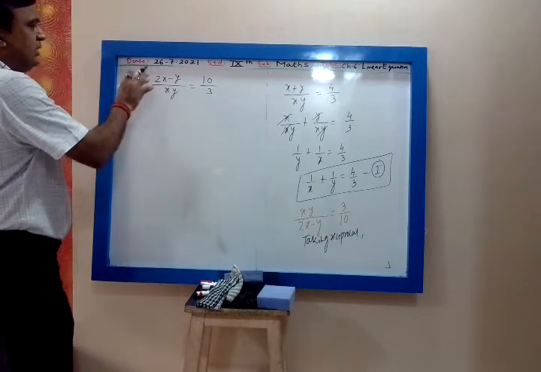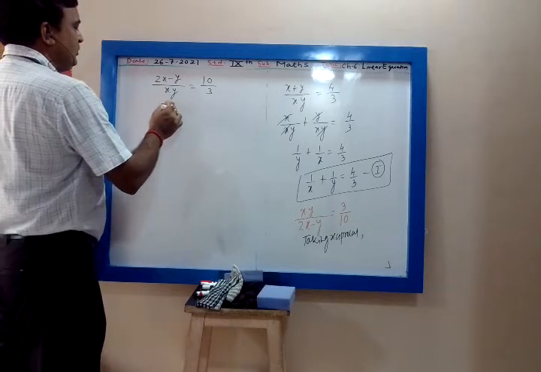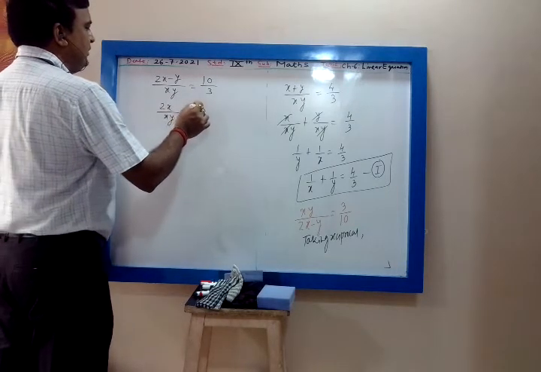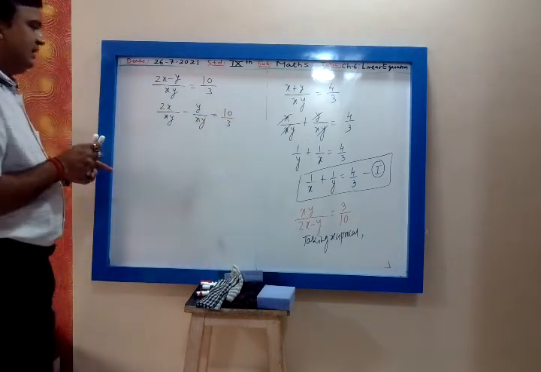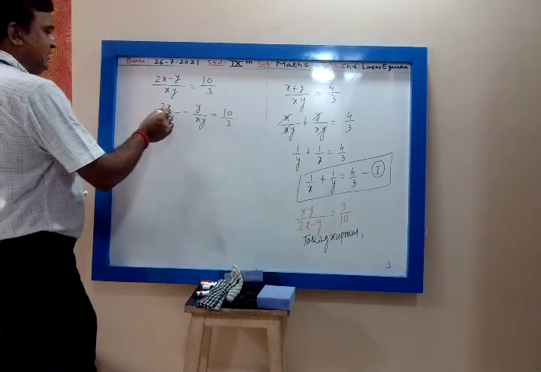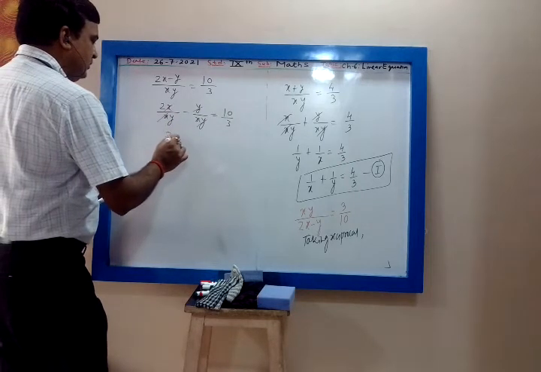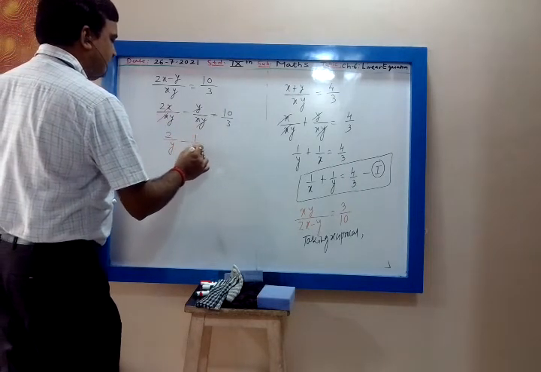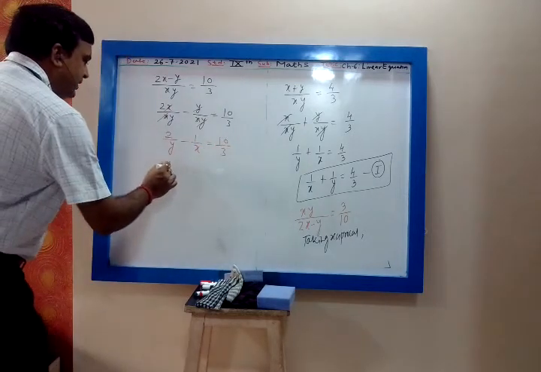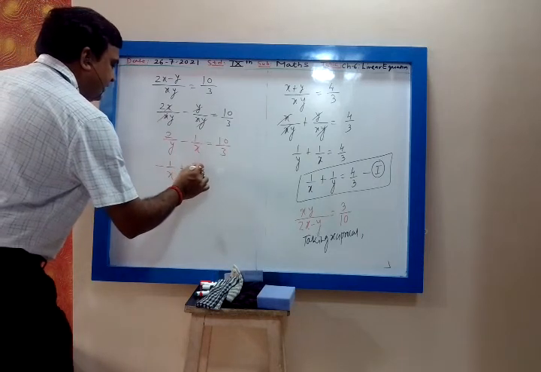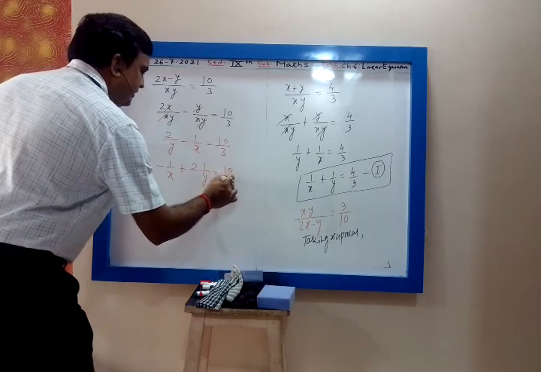So again there are two terms in the numerator, a minus b by c. I can write a by c minus b by c. So 2x upon xy minus y upon xy is equal to 10 by 3. Then x gets cancelled, y gets cancelled. So you will get 2 upon y minus 1 upon x is equal to 10 by 3. Which you can write as minus 1 by x plus 2 by y, 2 into 1 upon y is equal to 10 by 3. This is my